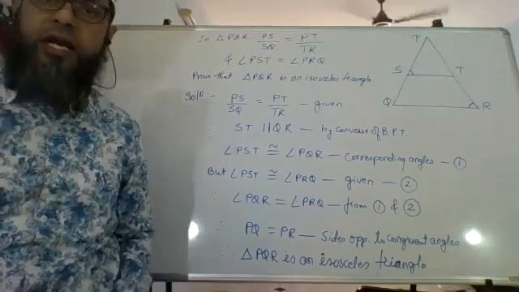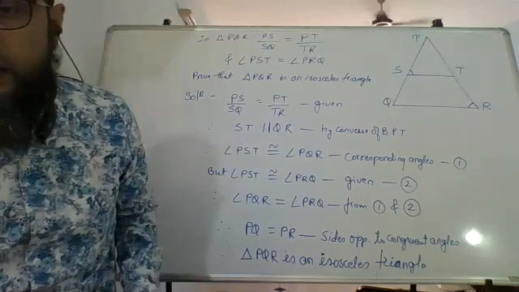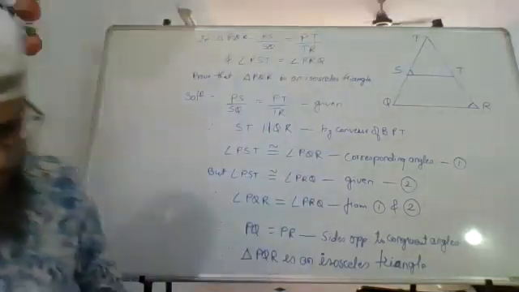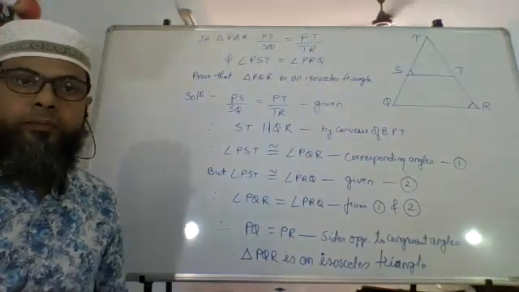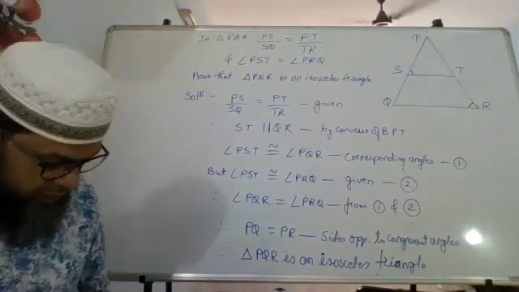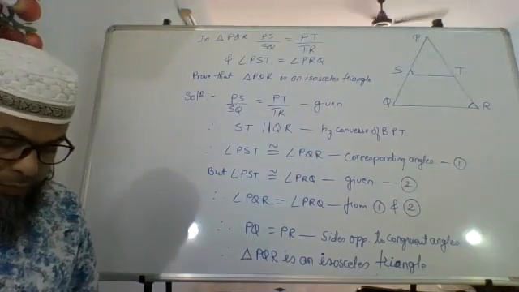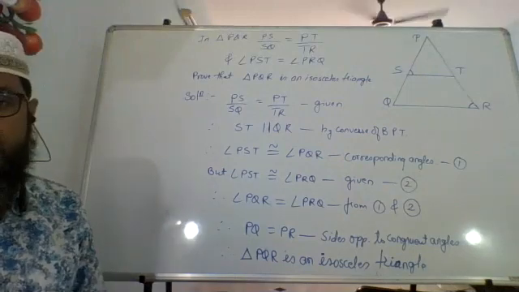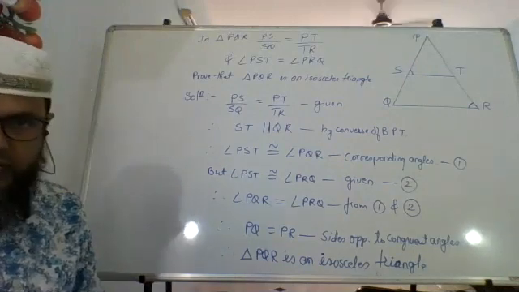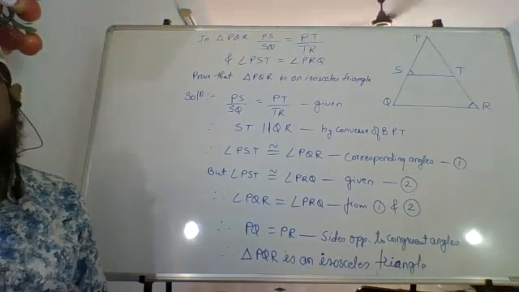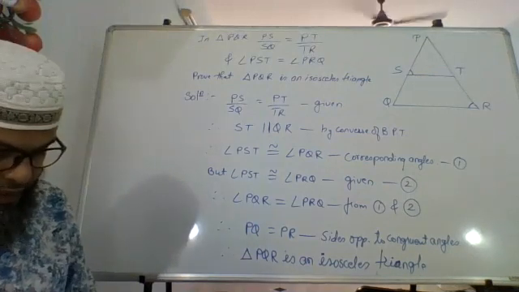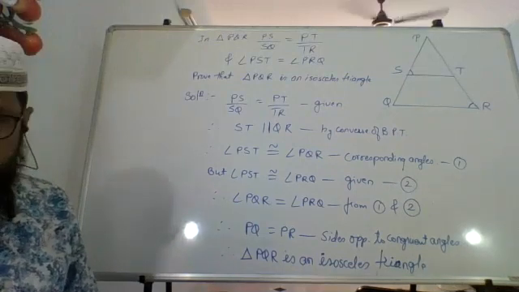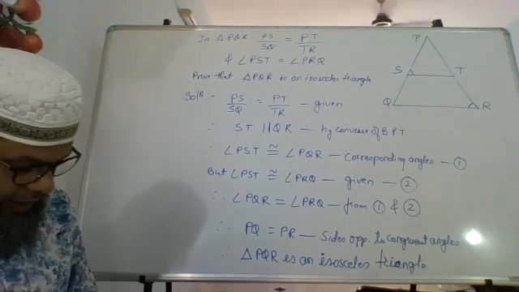Now, for similarity of triangles, what are the criteria? You'll copy this. I'll just be reading it out in the meanwhile, so that when we start on Monday, it's not something new for you. There are certain tests. First one will be the AAA, that is angle, angle, angle. In detail, we'll see next time, don't worry. But just telling you the tests that are there. AAA test, which can also be shortened to AA test.